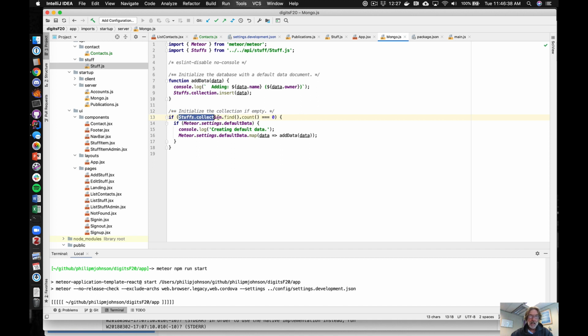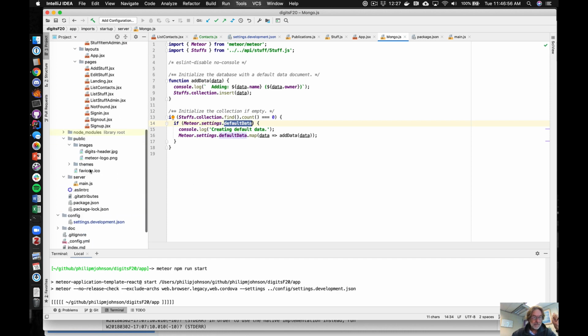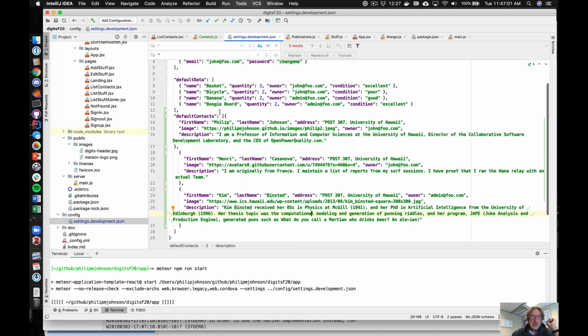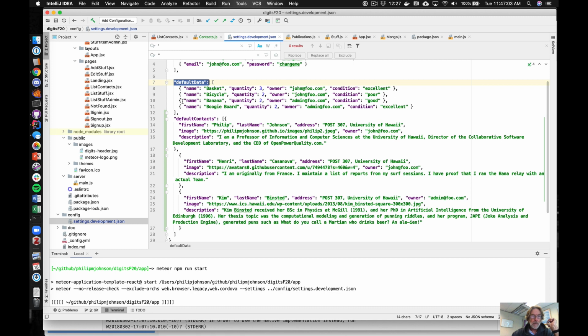So if there are no documents in this stuffs collection, then if in our meteor.settings global variable, which is bound, because of the way we ran that script, to the contents of settings.development.json, there's a field called default data, which it is, there's the field, okay, then what we're going to do,